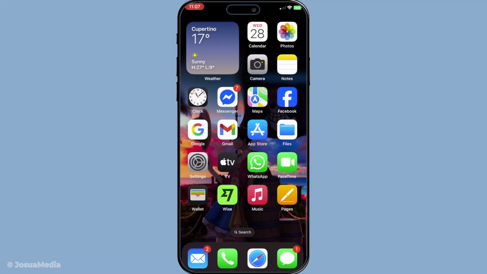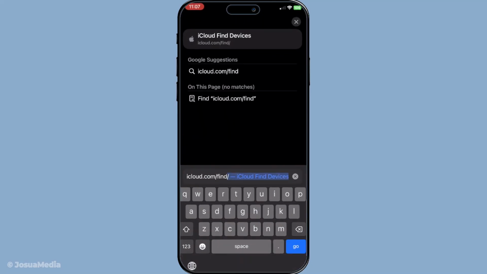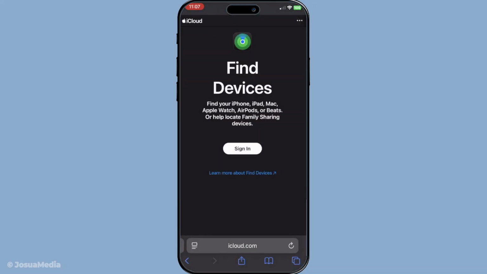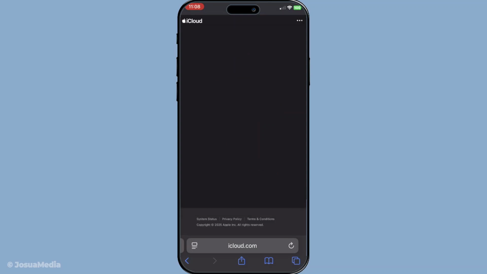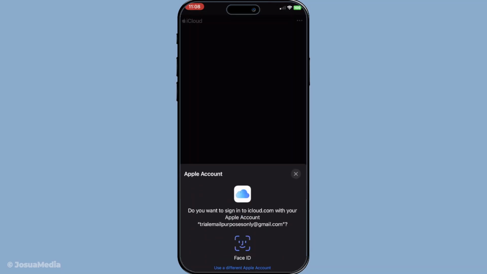First, you'll need to head over to any web browser and type in icloud.com/find. This is the landing page for the Find My iPhone service, which is available on all iCloud-enabled devices. Once there, the first step is to sign in with your Apple ID. It's important that you use the Apple ID and password that are associated with your lost device. If you've forgotten your Apple ID credentials, it might be a good idea to visit Apple's website for account recovery